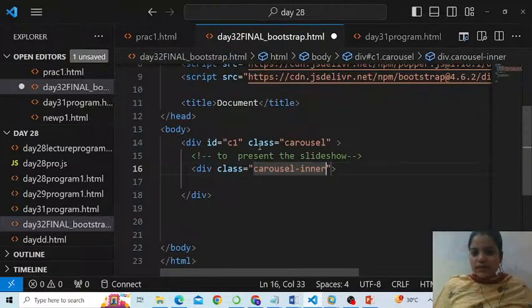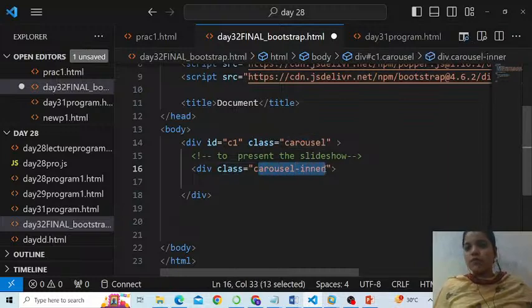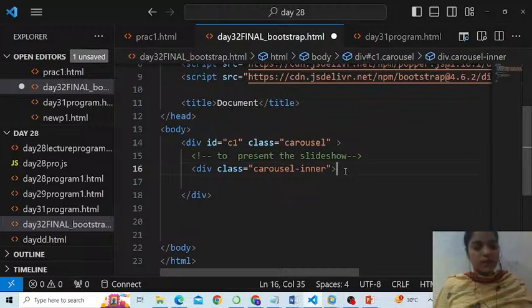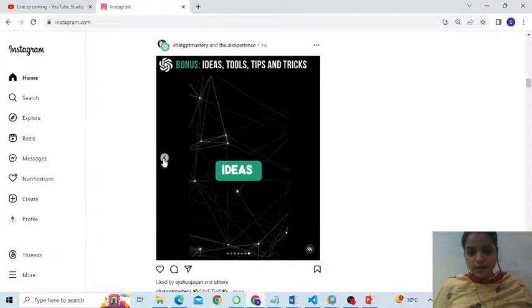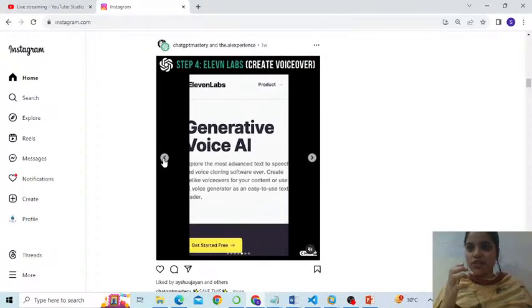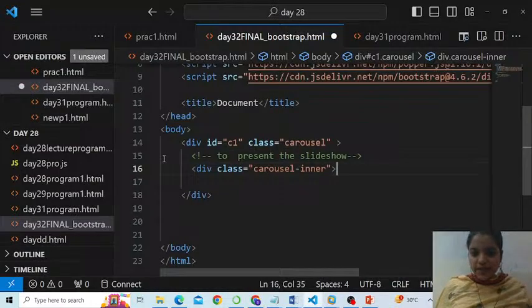Consider it this way: carousel is a class. Carousel inner is going to contain the slideshow of the carousel. Got it? Carousel inner is going to start the slideshow, but the slideshow isn't made up of just one slide, boys and girls. Do you understand? You check this example. This slideshow is not made up of just one slide, right? So carousel inner is to initialize or declare the slideshow, and inside the slideshow,